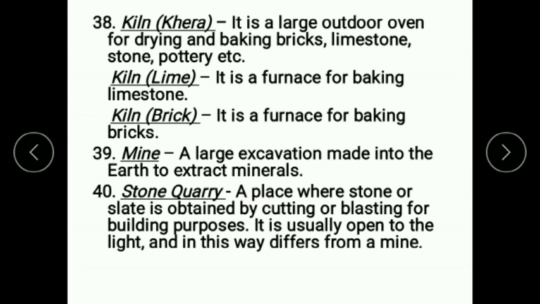A stone quarry is where stone or slate is obtained by cutting or blasting for building purposes. The stones are found as sedimentary rock or igneous rock, and they are cut and used for building purposes. It is usually open to the light and in this way differs from a mine.